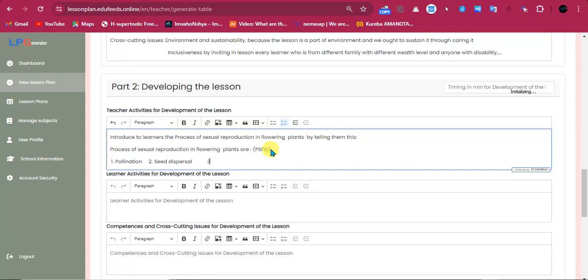The third stands for F. PSFG, PFSG, PFS. That's one, pollination. After pollination comes fertilization. Yes, fertilization.